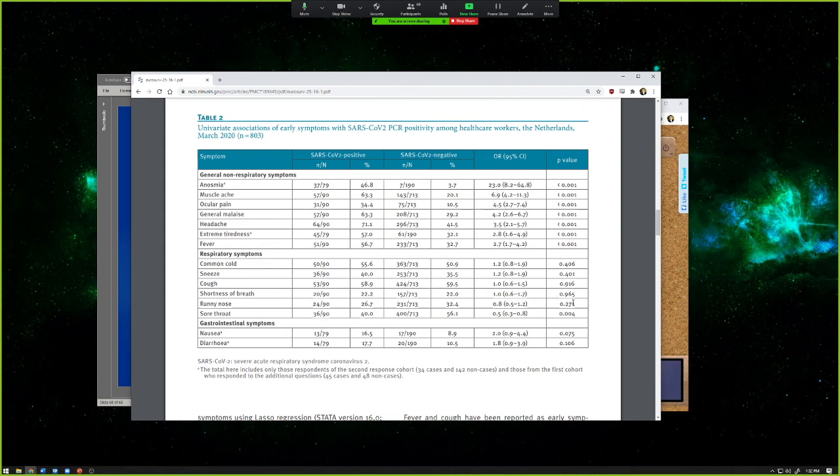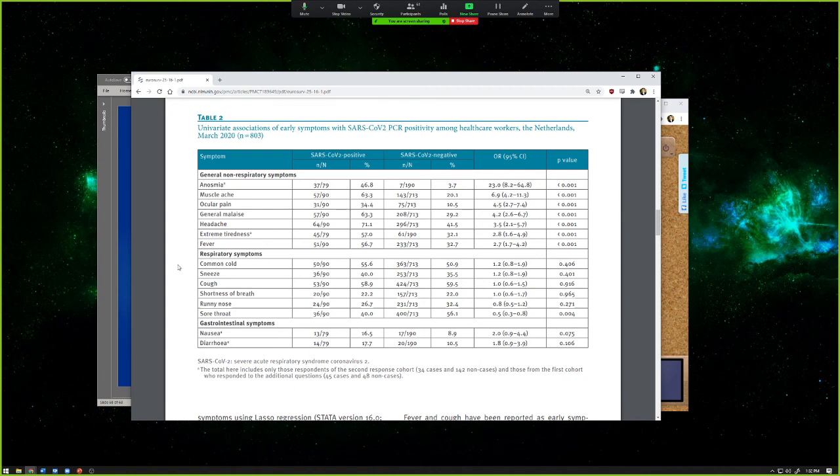So in this case here, if you were trying to design a screening program for COVID-19, would you include a runny nose in that definition there? Probably not, because I couldn't tell the difference if someone had COVID-19 or not just based off the runny nose, because there's no statistical association here, right? So interesting things you can note off of this sort of stuff here.